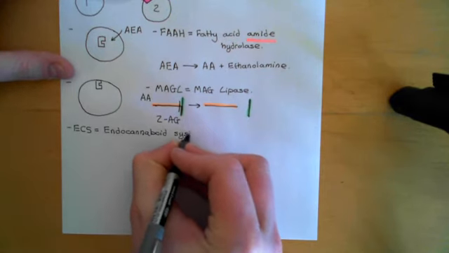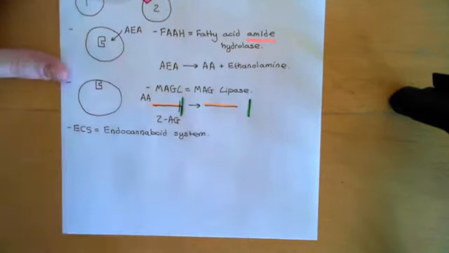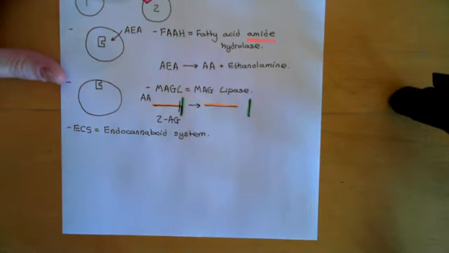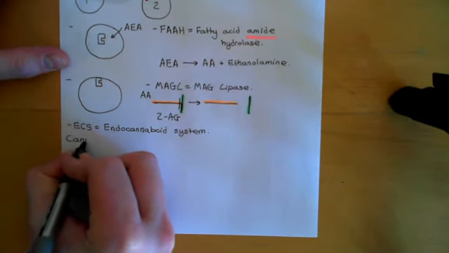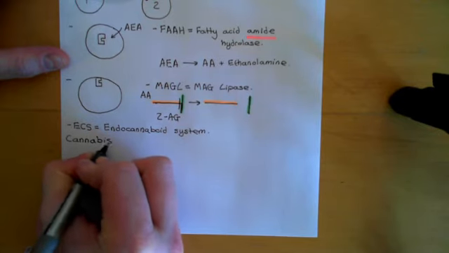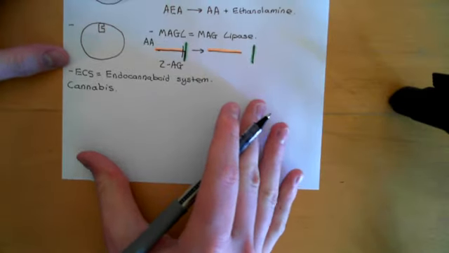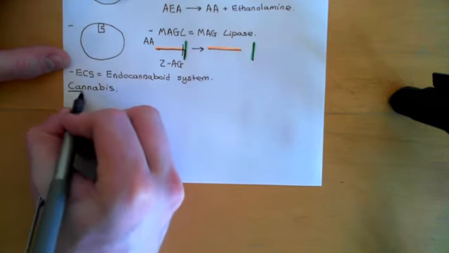So this just refers to how the molecules are made, how they are distributed, what receptors they act on, and then finally how they're degraded. Okay, right. Now, before we actually move on to what these things do in the cardiovascular system, which is the topic for the whole video, what I firstly want to discuss is the main exogenous cannabinoid, which is the active ingredient of cannabis. I don't think I could really make a video on cannabinoids without mentioning the active ingredient of cannabis. Okay, so let's discuss what this does.